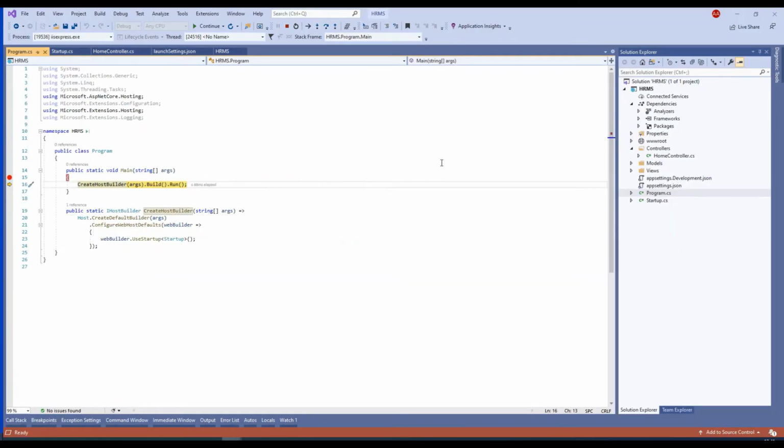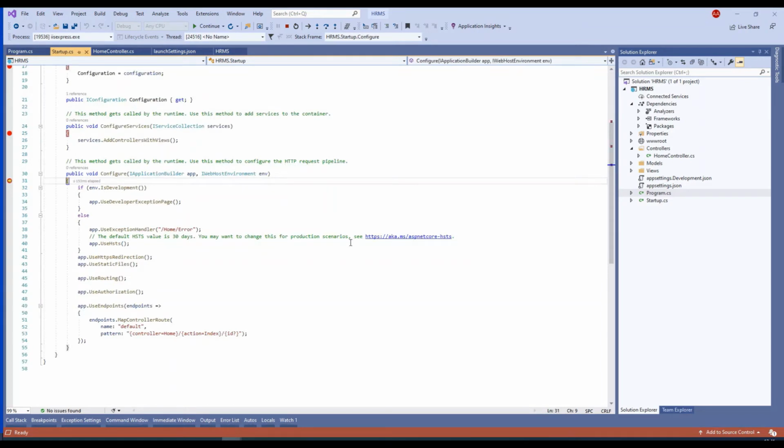Then it comes to Configure, where we can add the middleware of the project. What else do we need before the project starts? We need HTTP redirection, static files, routing, and authorization. From here, your application is registered for which view should come when it is launching.